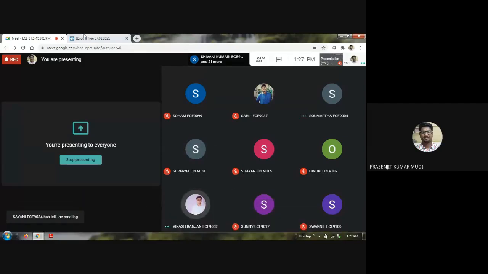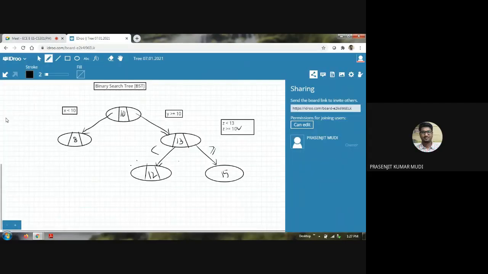Yes, sir. So now tell me, if I want to insert, let's say, 14, a new node 14, where can I insert 14? What are the available positions where I can insert?